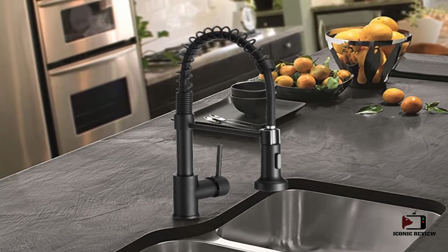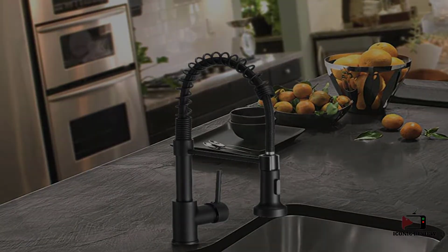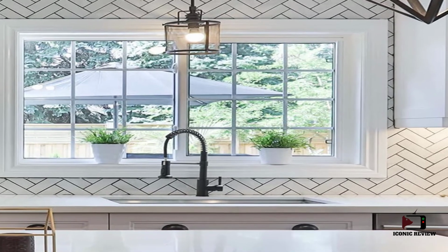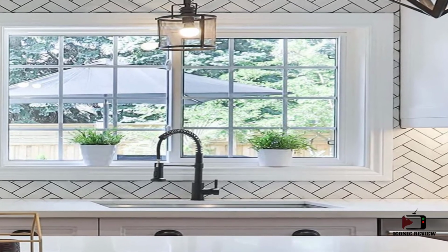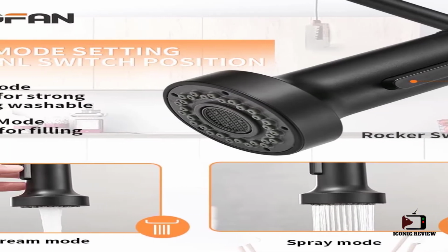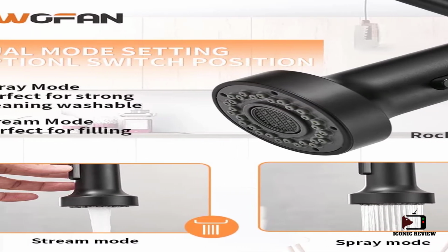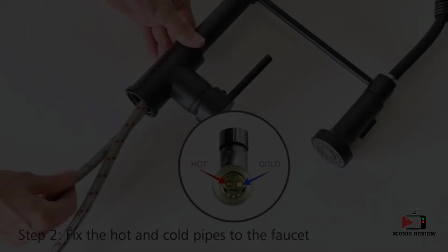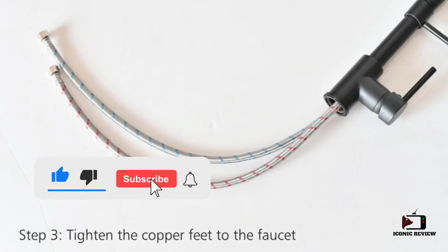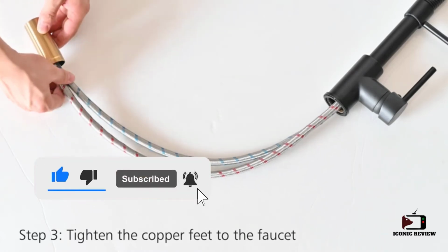We particularly like the stream and spray settings that come with it. The spray holes effectively filter out any mineral residue and debris, which you can easily wipe away to get an instant refresh look. If you want to switch from spray to stream, the multi-flow 2-function spray wand allows you to do just that. This faucet is built using high-quality components, including a long-lasting ceramic cartridge that's easy to install and